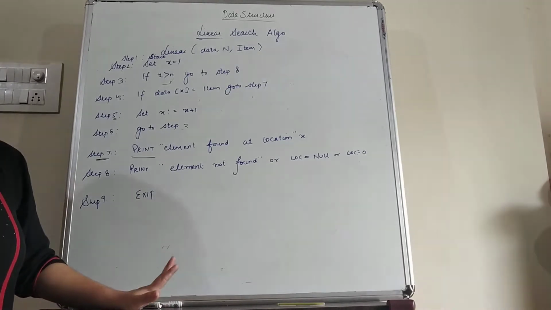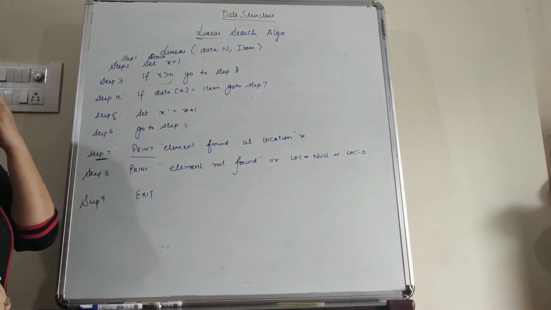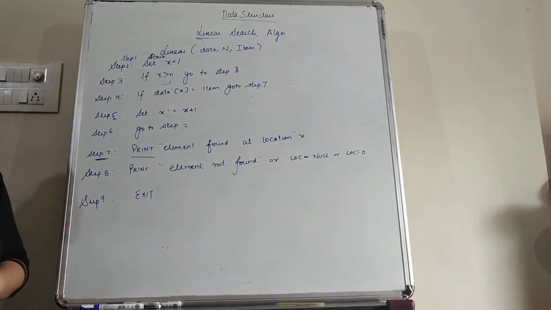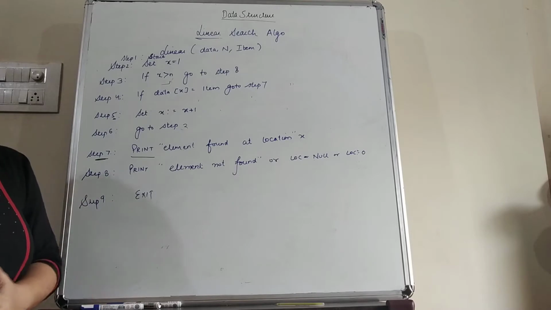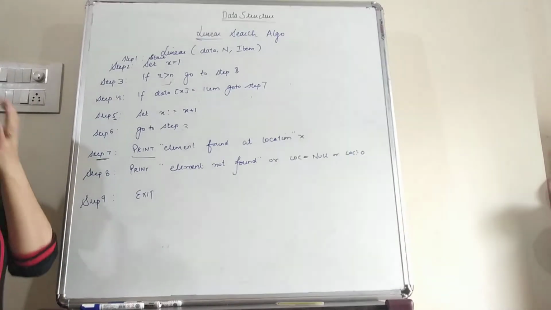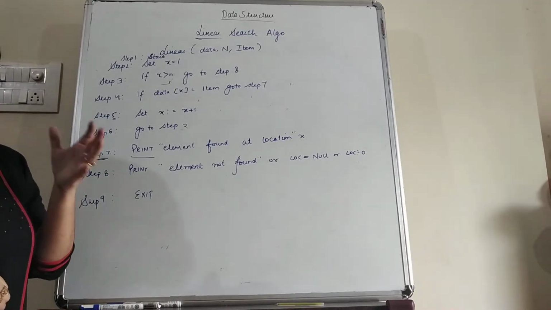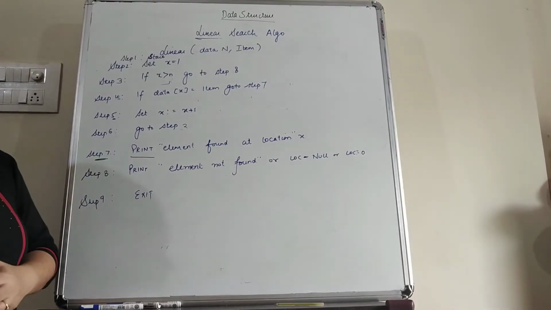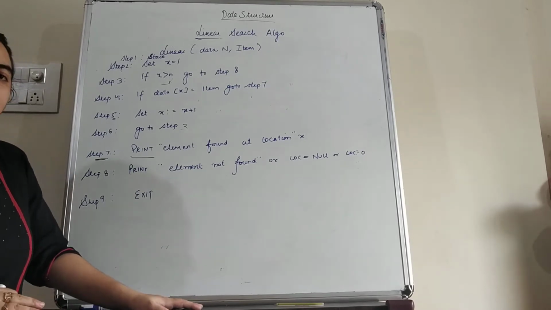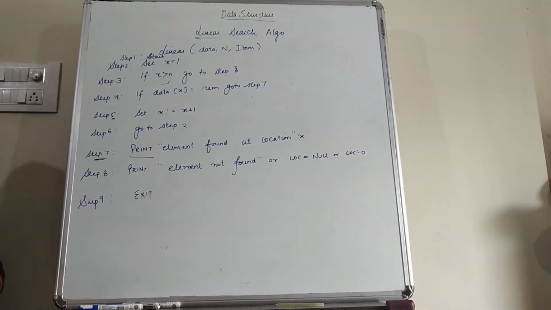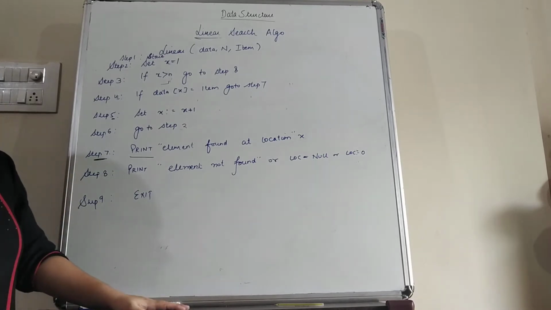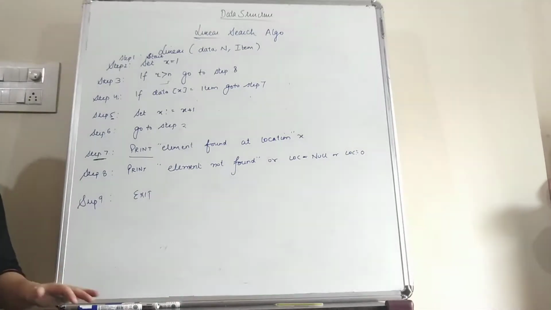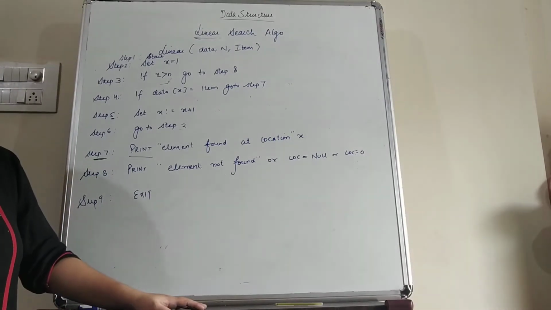In linear search, the item which we want to find or search from any data structure, we have to compare with each and every data element of the array. For example, in an array we have 5 elements, so we can compare the item which we want to search with all the 5 elements starting from the first location. If the match is found, then we can return the location where that item is present, and if the match is not found, then again we can start comparing it with the next